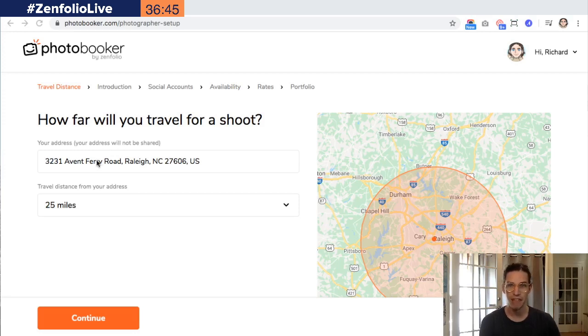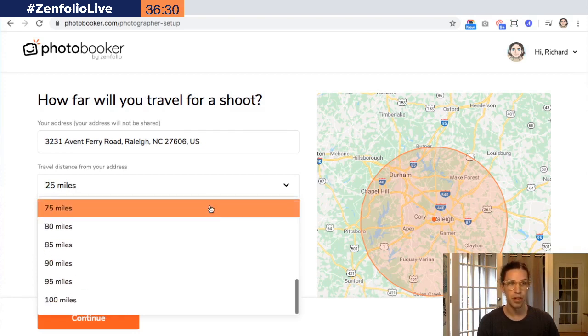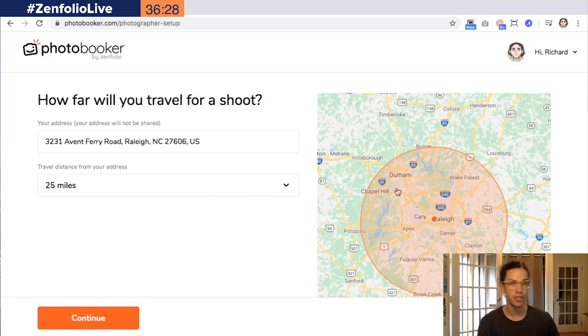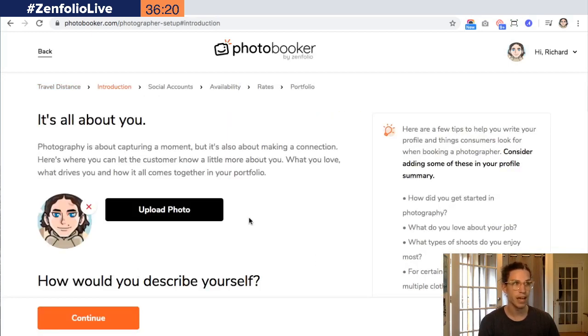Funny enough, I have the address to the DMV in Raleigh here. So I've set my travel distance to 25 miles. You have the ability, of course, to pick and choose how far you would like to travel, from 5 miles to 100 miles, and this radius will change so you can get a nice visual of that. But great, so once we've set our traveling distance, we can move right on to the next step,